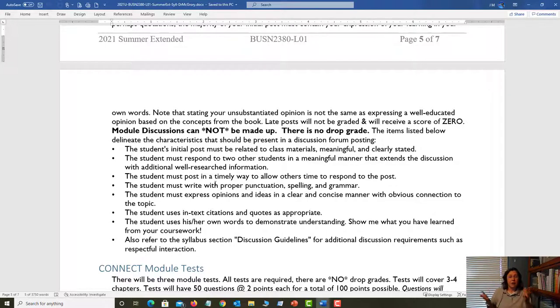And the book said, now, the book has done a lot of research. Have you ever looked in the index to see how many references textbooks have? They are referencing studies and studies and studies, right? So their commentary is based on the research. So when you reference your textbook, you are bringing their research into the discussion. Now, the situation can make a difference. So one of your classmates who's going to respond to your post is not going to earn points if they say, I agree. That's not extending the conversation.